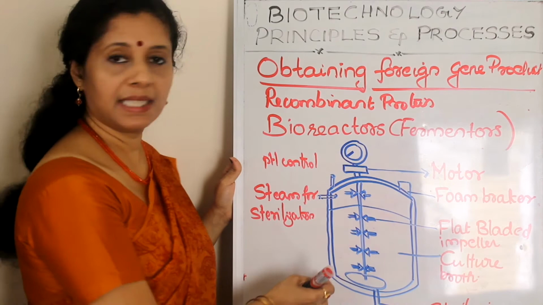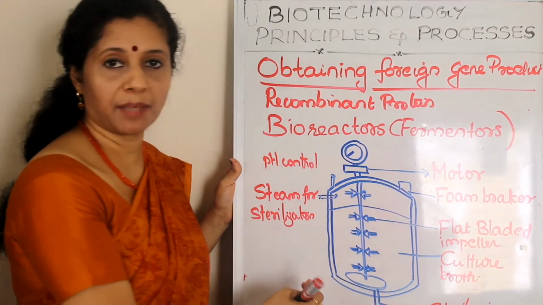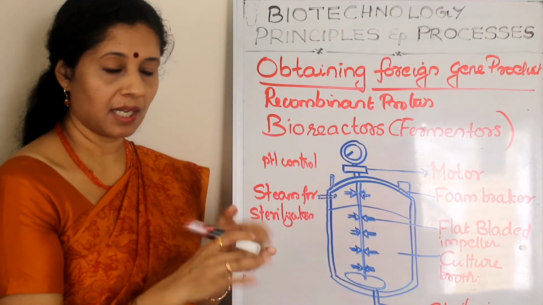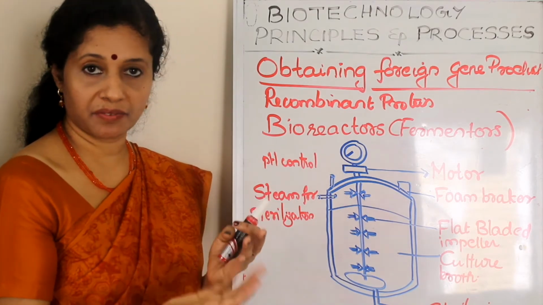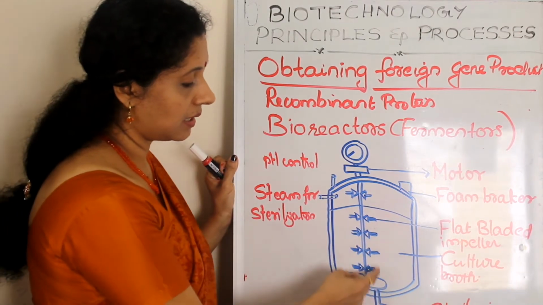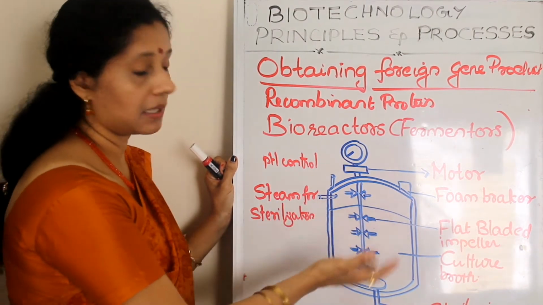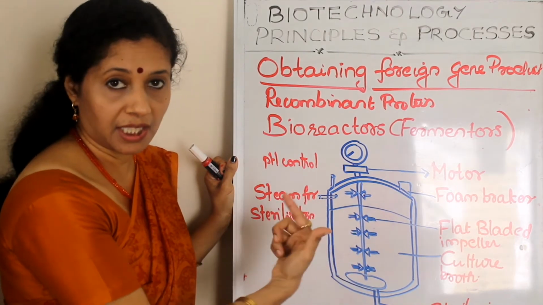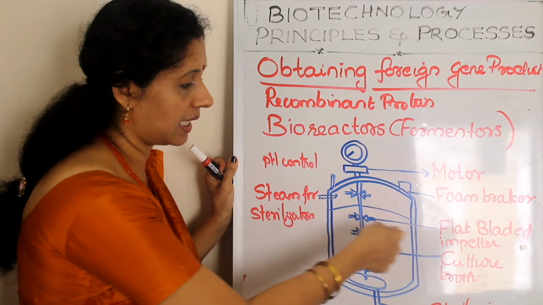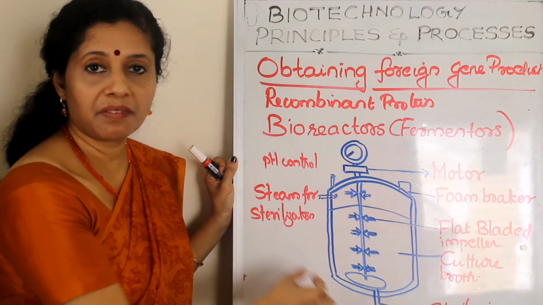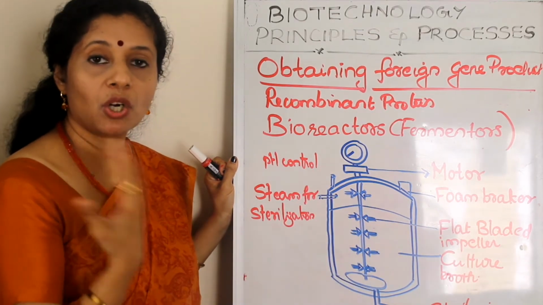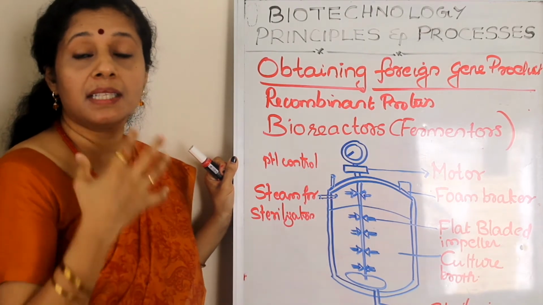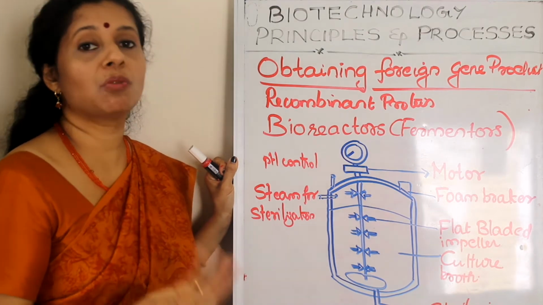Usually these bioreactors have a curved bottom, because if it is flat bottom, sedimentation can happen and even mixing will not happen. But if it is curved, there is more space for mixing of the mixture. And an oxygen system should be there for adding oxygen, and there is a shaft in the center for agitating or rotating. Since these blades are rotating, the shaft is called an impeller, which rotates in order to agitate the mixture well so that oxygen mixing will happen. These microbes are all aerobic, they need oxygen to multiply.